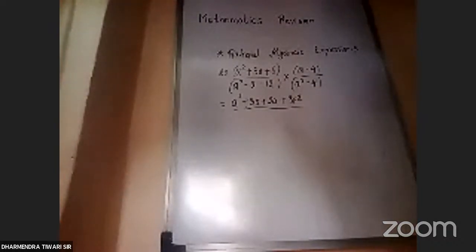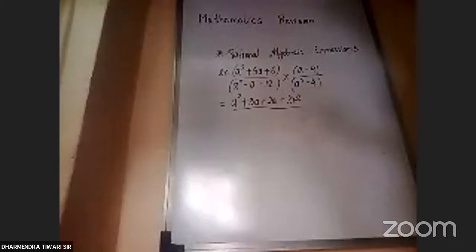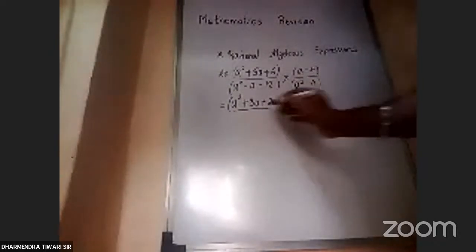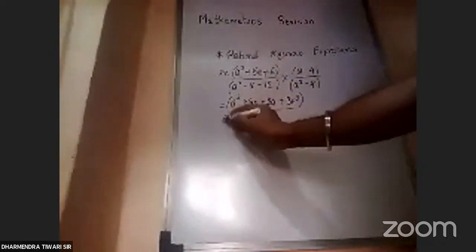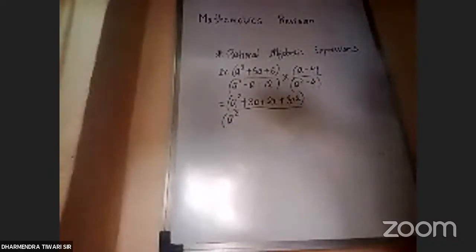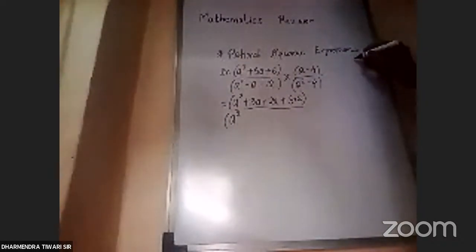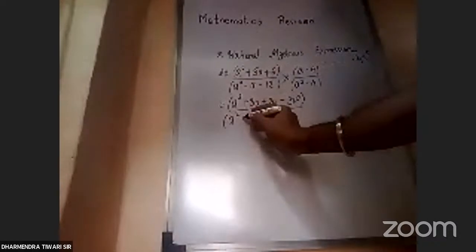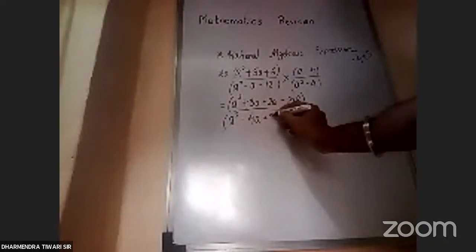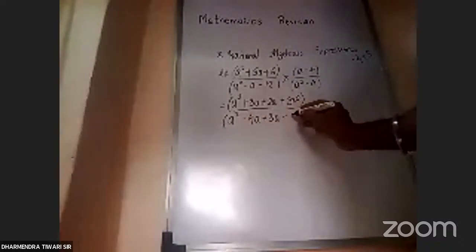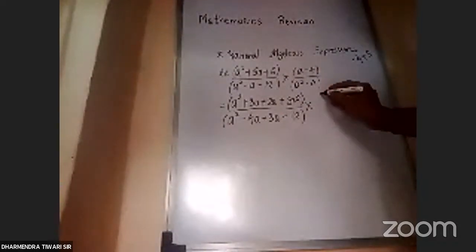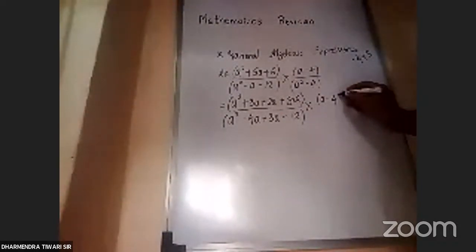in the denominator what we are having is a square minus a minus 12. So that can be written as, I'm expecting an answer from your side. 4 3s are 12. So we can write this as a square minus 4a plus 3a minus 12, into, we are having a minus 4 upon